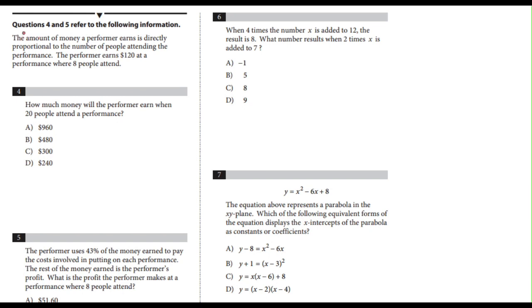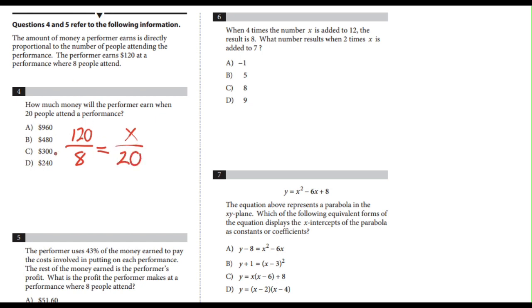These directions are for questions 4 and 5. The amount of money a performer earns is directly proportional to the number of people attending the performance. The performer earns $120 at a performance where 8 people attend. How much money will the performer earn when 20 people attend a performance? So we know that the performer earns $120 when 8 people attend, and we want to know how much money x will the performer earn when